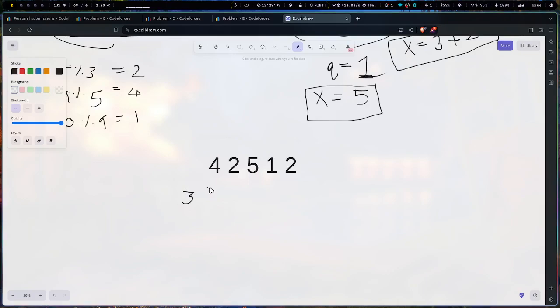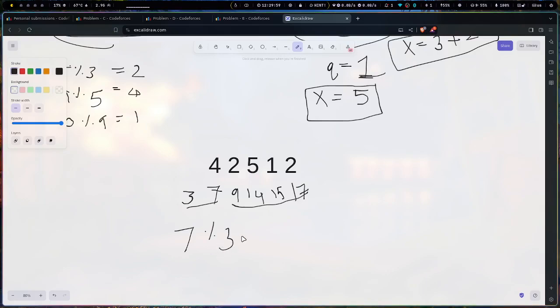What is 3 plus 4? 7. What is 7 plus 2? 9. 9 plus 5, 14. 14 plus 1, 15. 15 plus 2, 17. So this will work. But see,